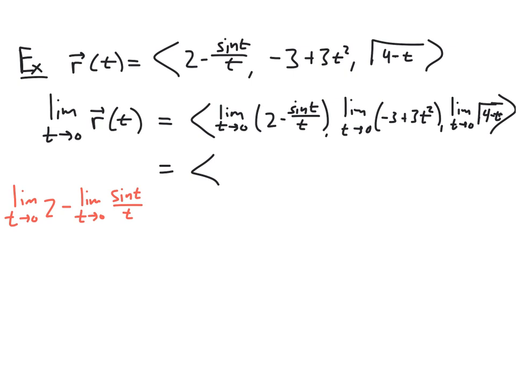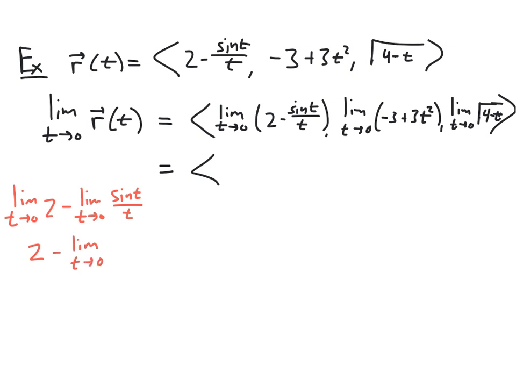All right, so I'm using a limit law here to break up the limit of a difference as the difference of the limits. Well, that first limit there, of course, is 2, because the limit of a constant is always that constant. And the second one, we actually have an indeterminate form. If I evaluate the function at 0, I get 0 over 0. And so we can use L'Hopital's rule,